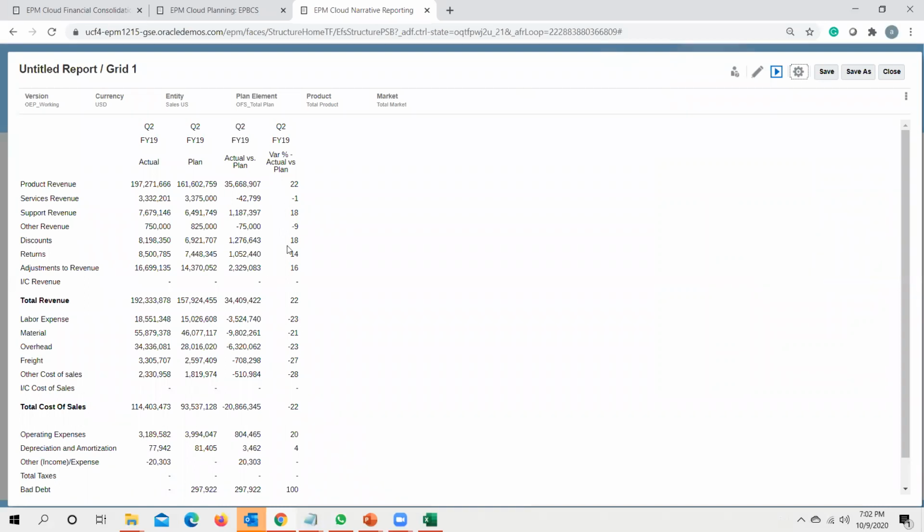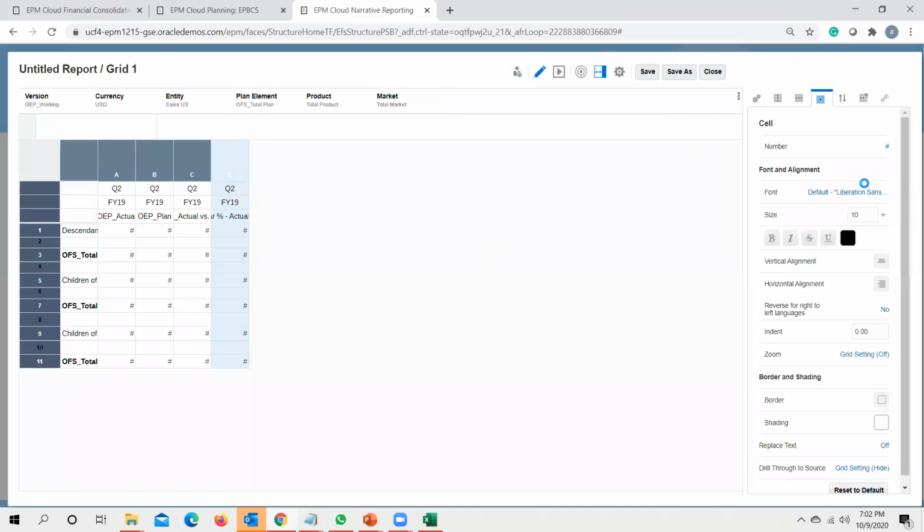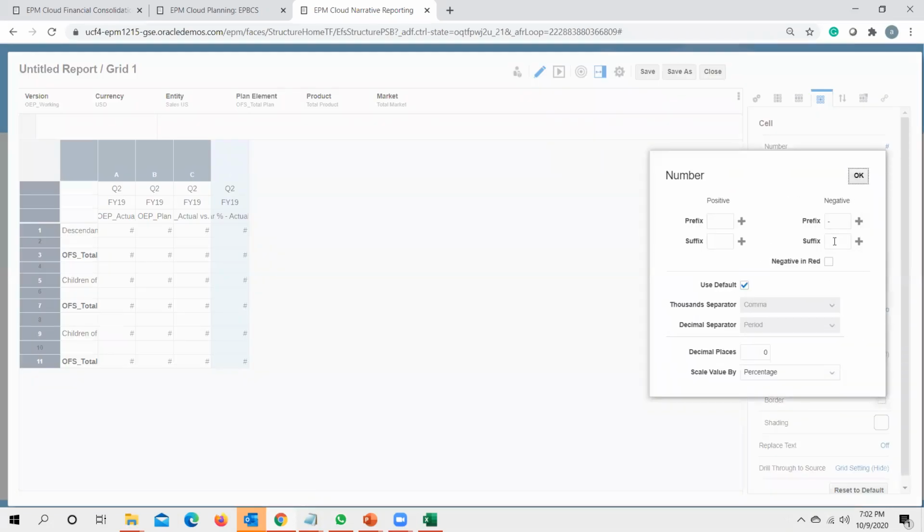Now I want a prefix to be added after this number. To add the prefix, I will again click this column and go to number formatting. I want a prefix as percentage, and I want a suffix for negative as minus. I click OK.